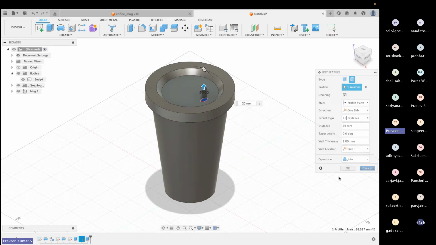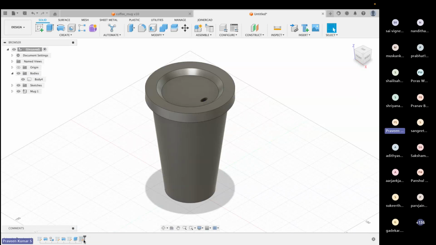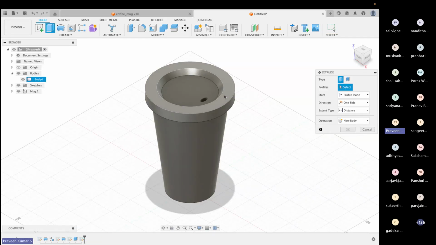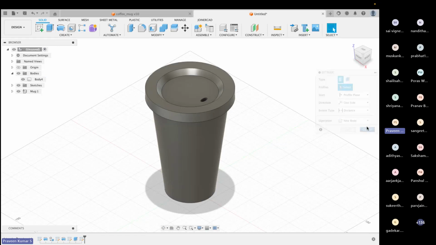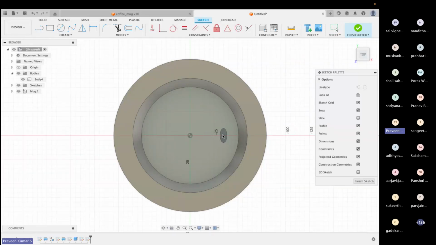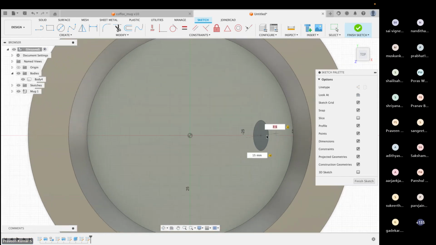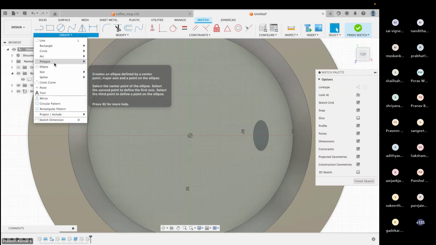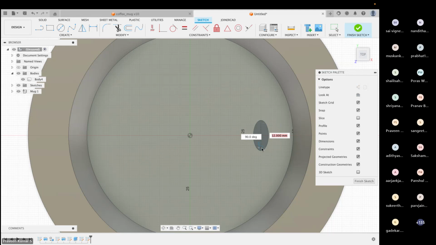Wait, I'll do it again. So now we have another ellipse here, right? So again, we click extrude and we select... Oh, that ellipse is gone. Wait. You created the second ellipse, right? Yeah. One sec. Yeah. So then